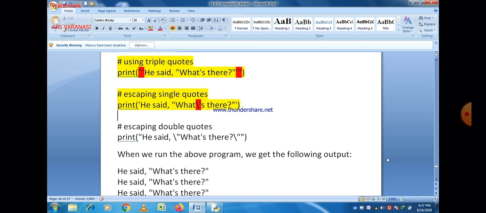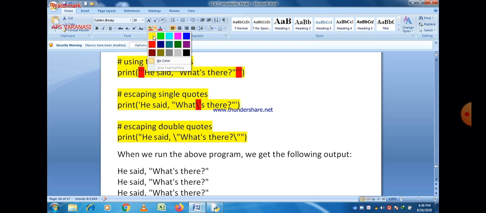Case number 3, if you want to escape double quotation marks, then before the double quotation marks just write a backslash. Then again it will not show any error. So all these three cases show the same output.